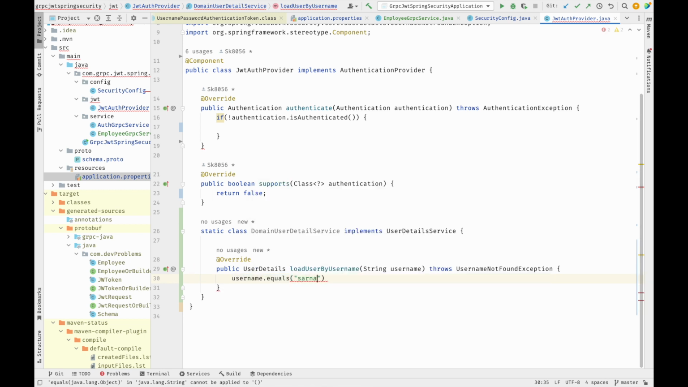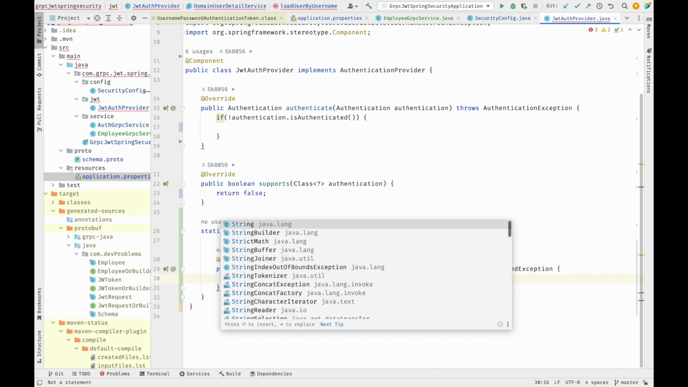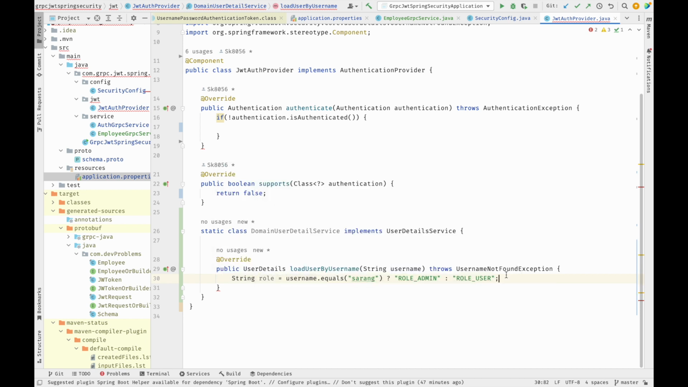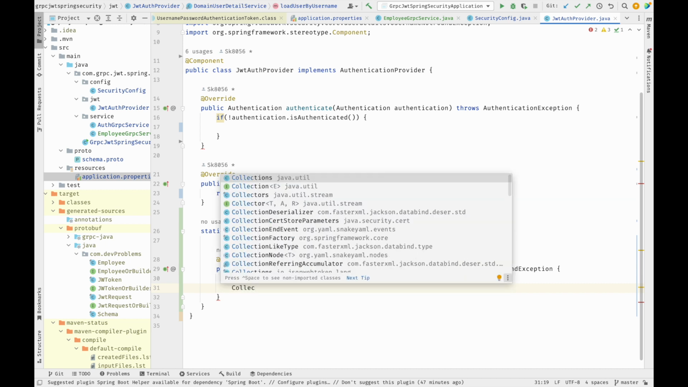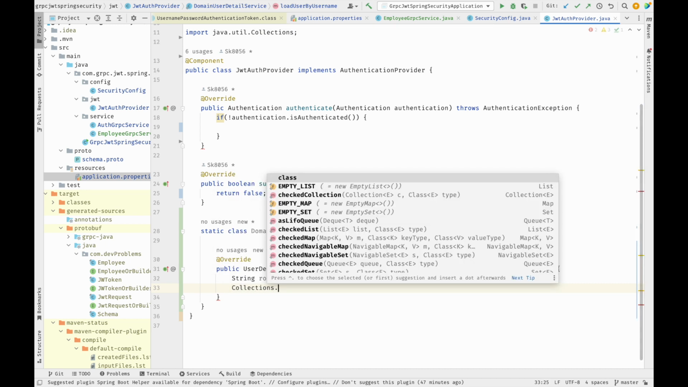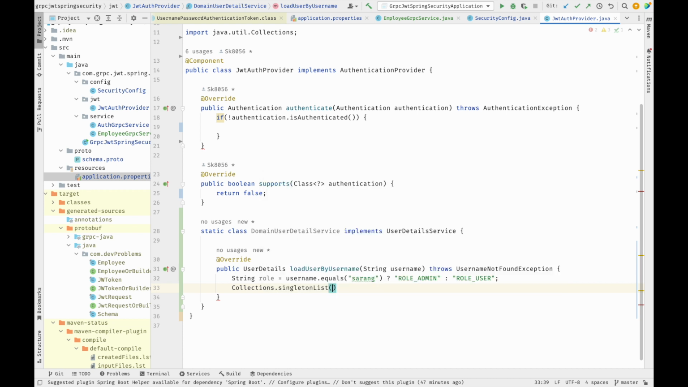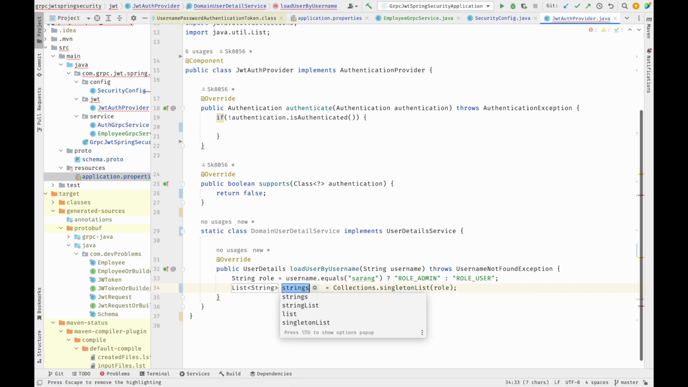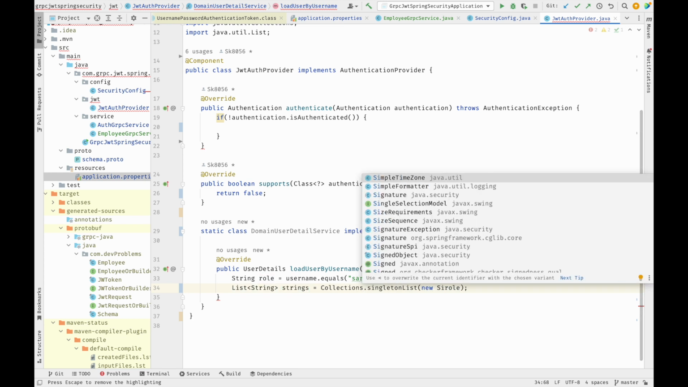So it's going to be equal. If the username is Sarang, okay, I'm going to give him a role called admin. And if the user is some other, then I will give a role called role user, and here I'm gonna give a variable to it with the name role. So now I have to convert this role to grant authorities, simple grant authorities. For that, what I'm gonna do is I'll create a list and pass this, and I'm gonna write it like this. So I have to wrap it under a new simple